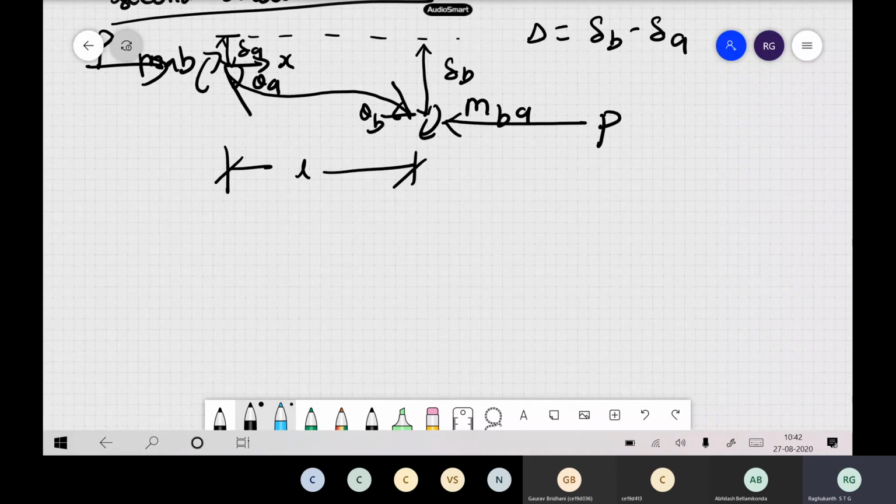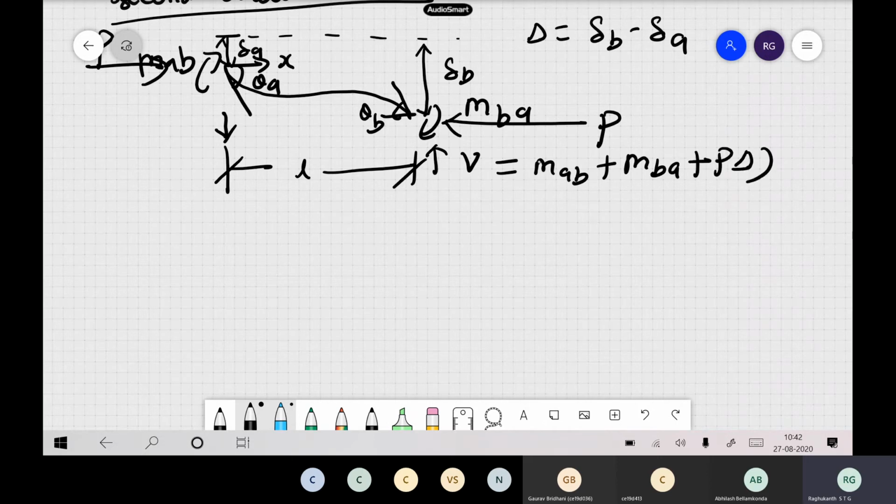Now we have to derive our slope deflection equations including this, and you have the shear force also, the support reactions, say. Here also you have this V. Previously it was MAB plus MBA by L, but now you have P times delta also, which comes into the calculations. This is one extra term, P times delta, where delta is nothing but delta B minus delta A. So this is your shear force.